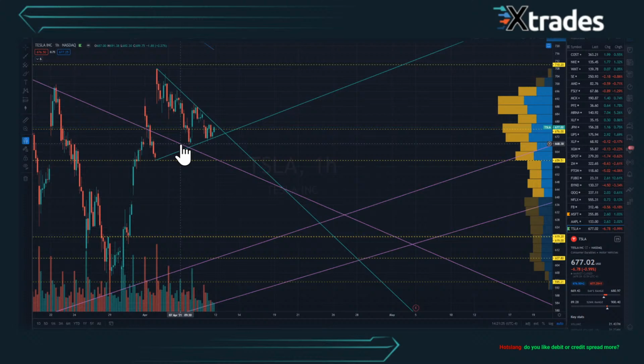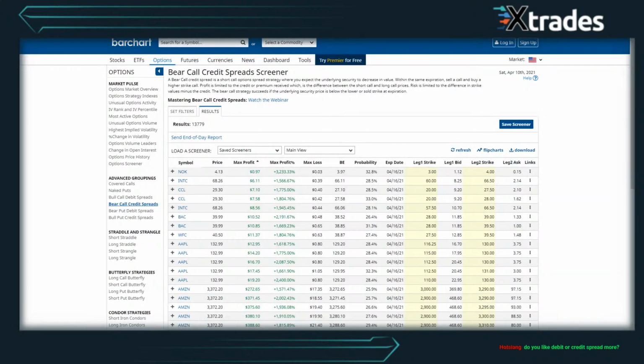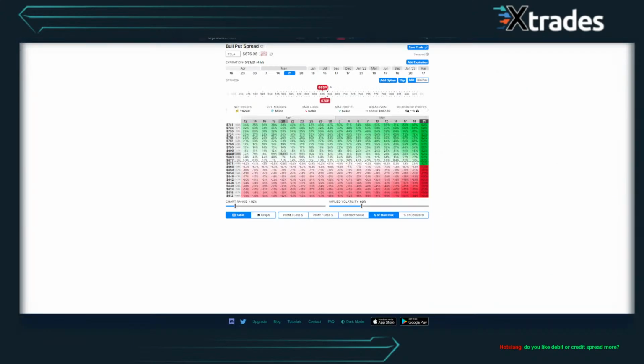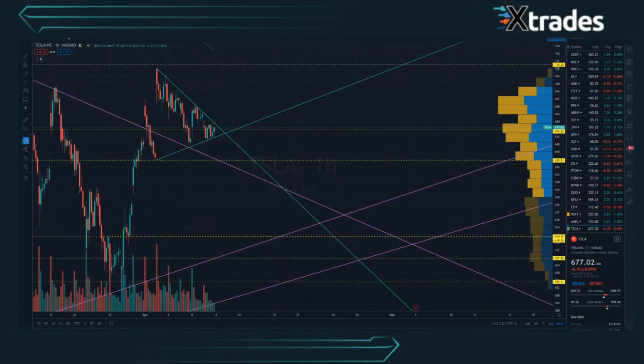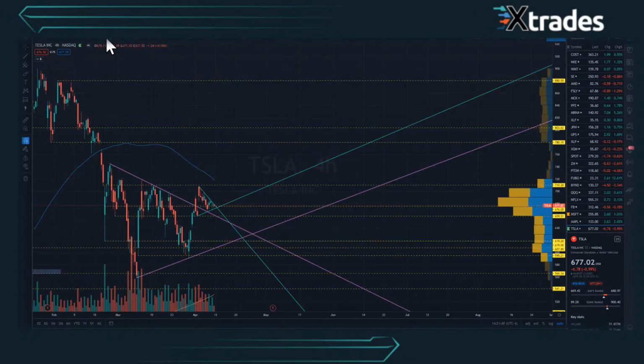And 667 is above this pivot point right here. So I really do think that this is probably a good play for a put spread if you are bullish on Tesla. And the thing about why you would take this put spread is because maybe you just expect Tesla to just kind of bounce in this area like it's been doing for the past